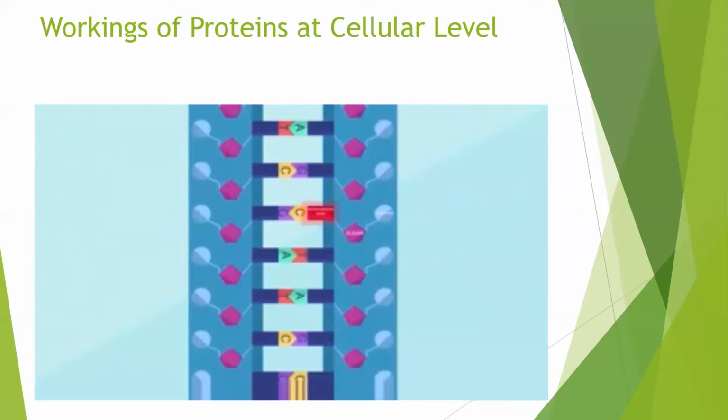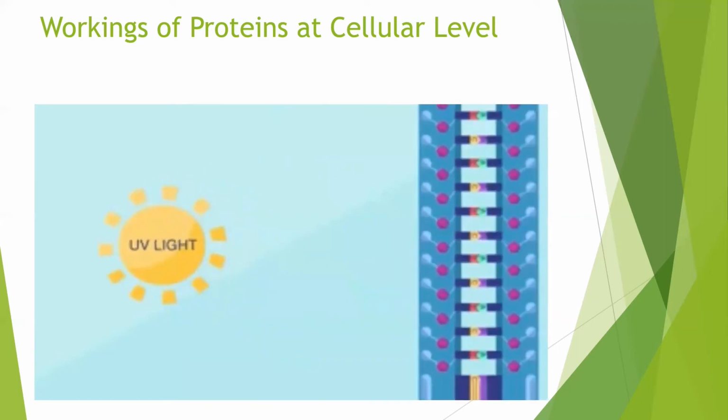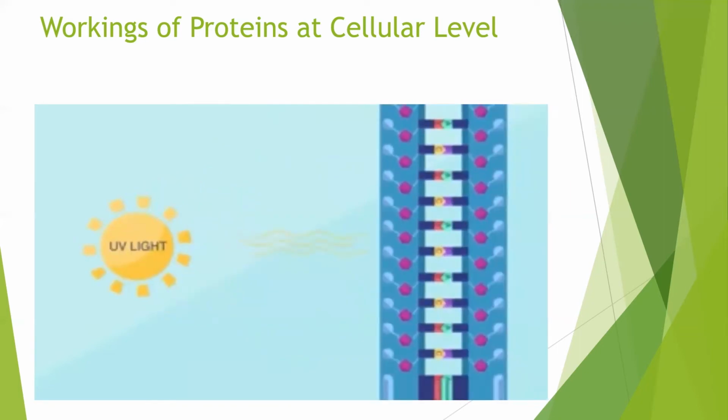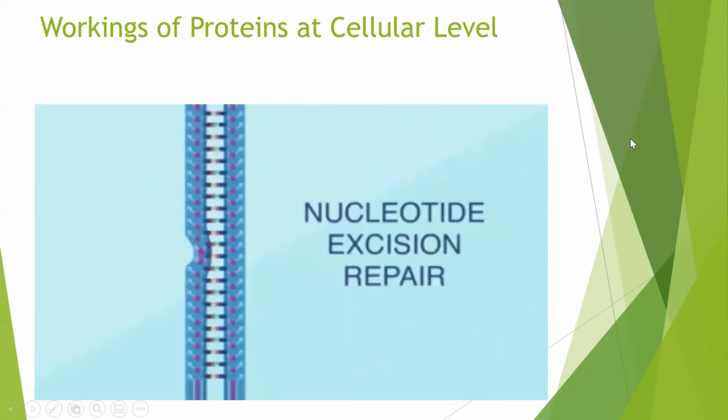If just one base is damaged, it can usually be fixed by a process called base excision repair. One enzyme snips out the damaged base, and other enzymes come in to trim around the site and replace the nucleotides. UV light can cause damage that's a little harder to fix. Sometimes it causes two adjacent nucleotides to stick together, distorting the DNA's double helix shape. Damage like this requires a more complex process called nucleotide excision repair. A team of proteins removes a long strand of 24 or so nucleotides and replaces them with fresh ones.